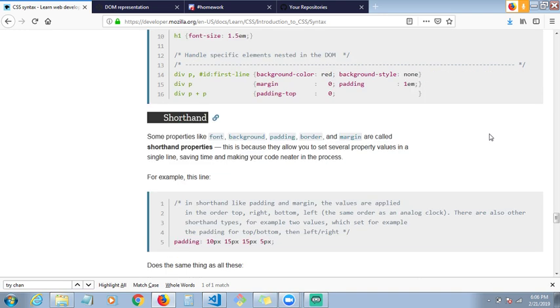Shorthand. Some properties like font, background, padding, border, and margin are called shorthand properties. This is because they allow you to set several property values in a single line, saving time and making your code neater in the process. For example, this line,